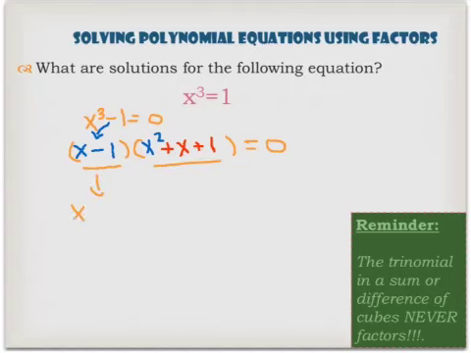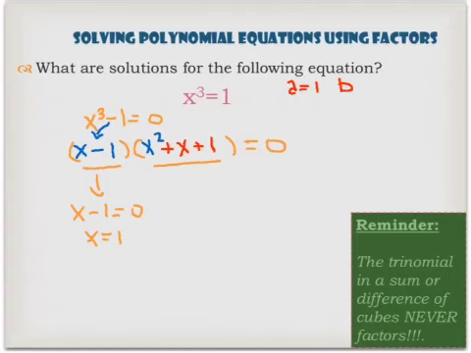So this one's easy. X minus 1 equal to 0. X is going to be 1. Now this guy here is never ever ever factorable. So you always have to use the quadratic formula or complete the square. You can never factor this guy ever. So using the quadratic formula,